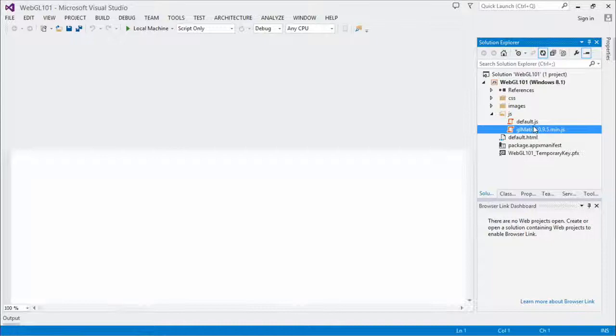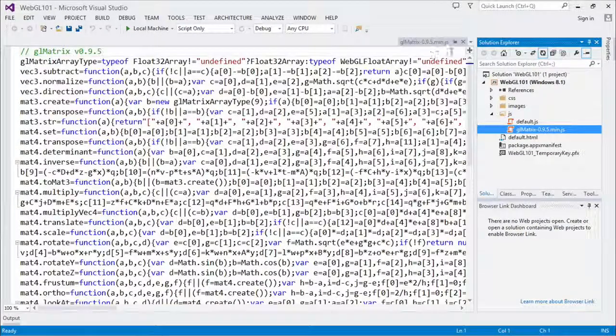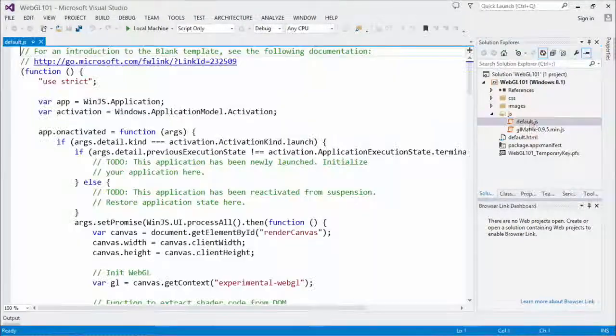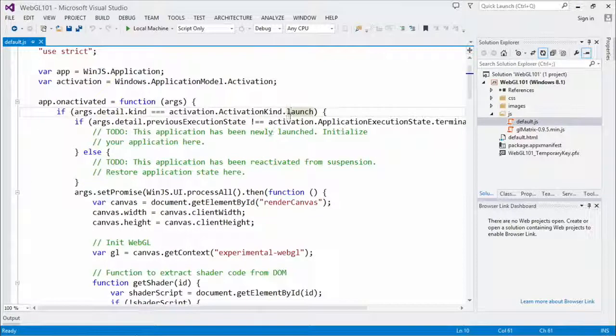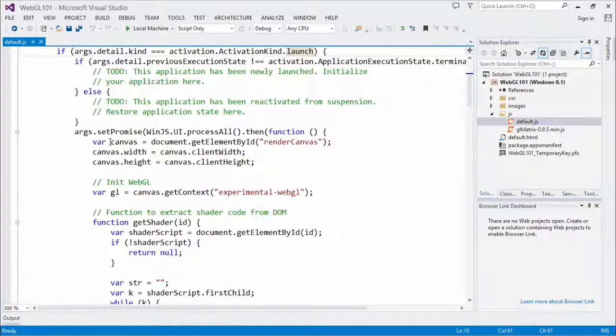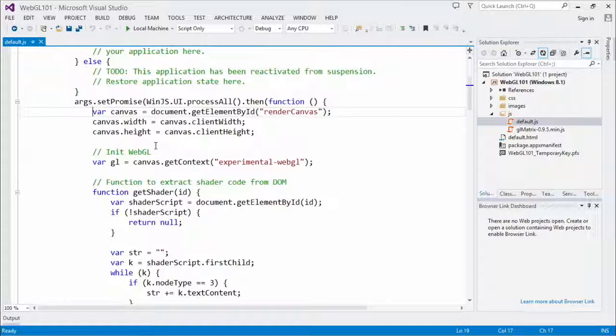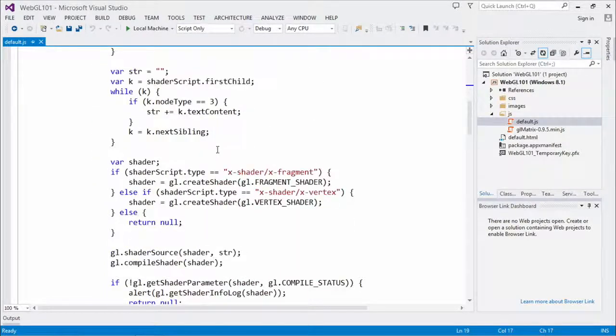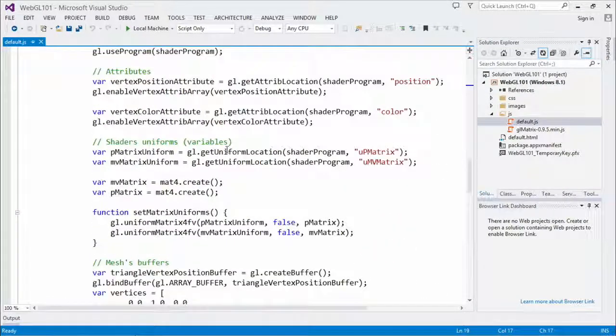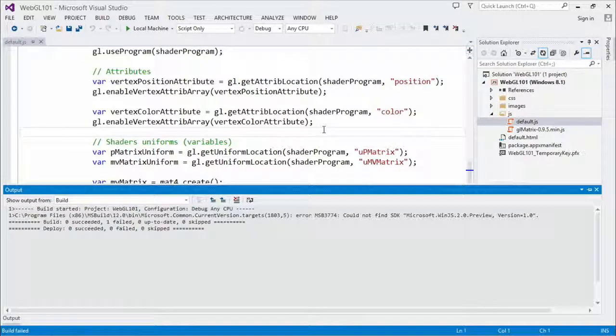The first one is the small WebGL 101 I ran just before. The same code right here. My dependencies here is the matrix, which is too much JavaScript code. And right here, as you mentioned, there is a bit of WinJS to take care of everything related to Windows. But right there, I just drag, copy and paste my code right here. The same stuff I just talked about just before. And when I run my application,